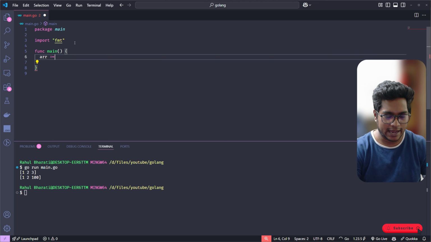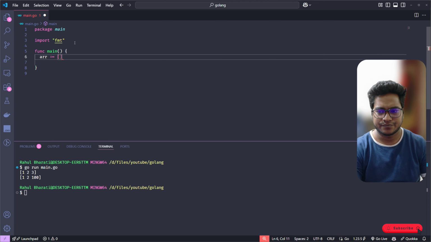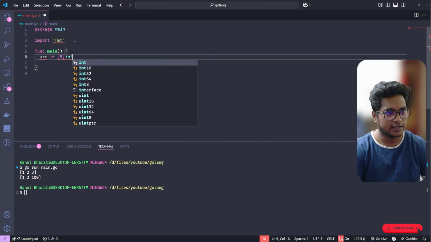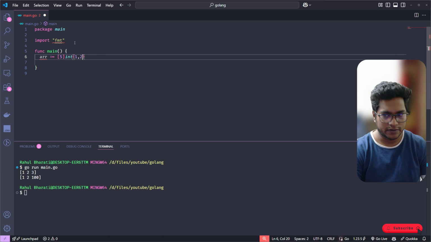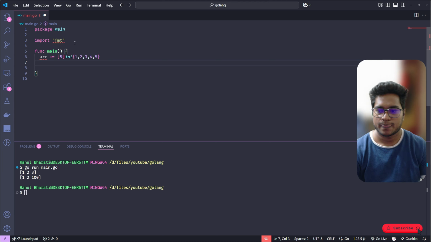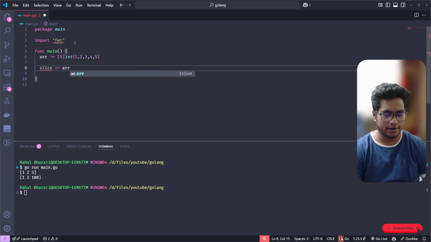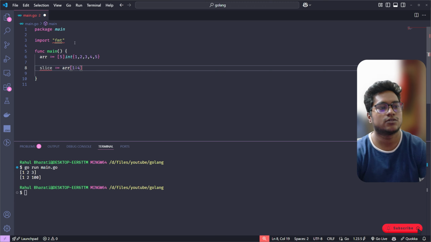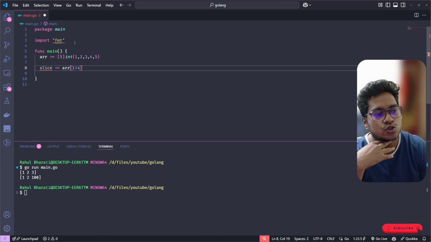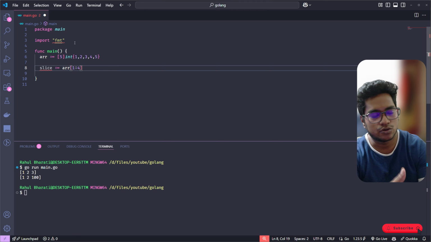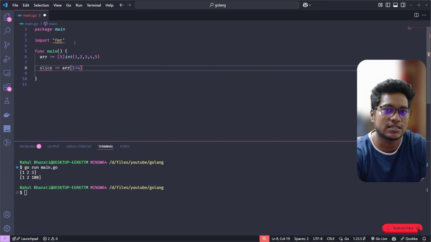So let's create an array with type of, let's say, 5 int, and let's provide it with values 1 2 3 4 5. Right now, to create a slice we can just assign it and use 1 colon 4. So 1 colon 4 is just going to create a slice out of an